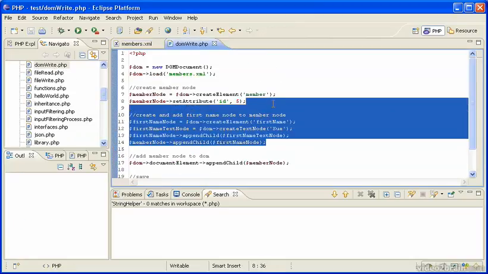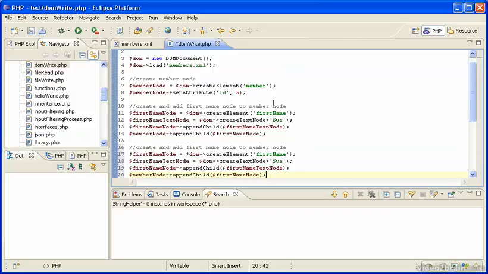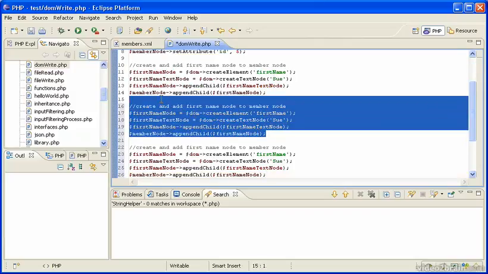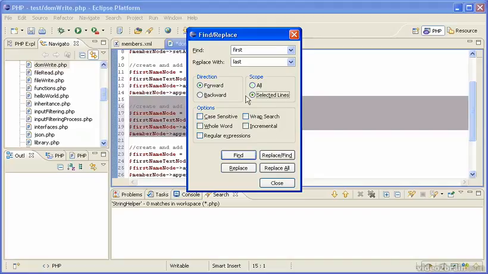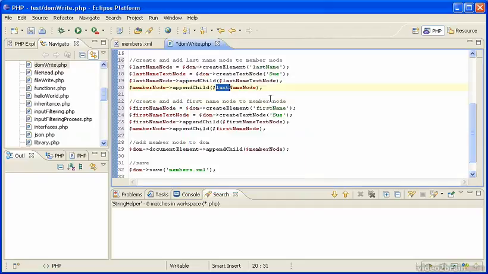This is the first name. We also want last name and score. Let's just do Control-F. First, change to last. Selected lines, or we'll have a mess. Replace all within selected lines. So last name. Looks good. Sue Sears is her name, and now